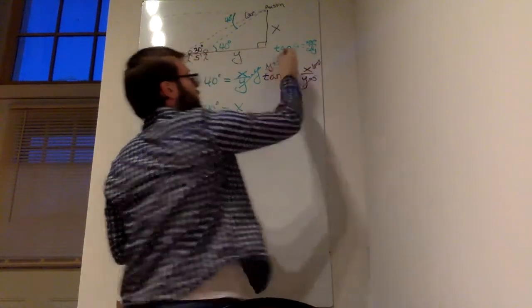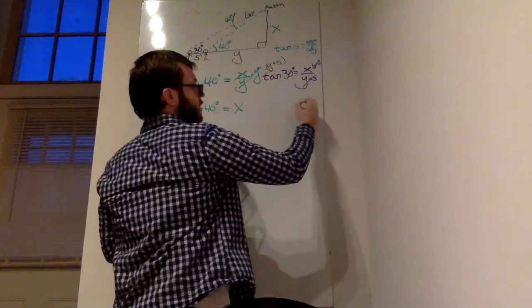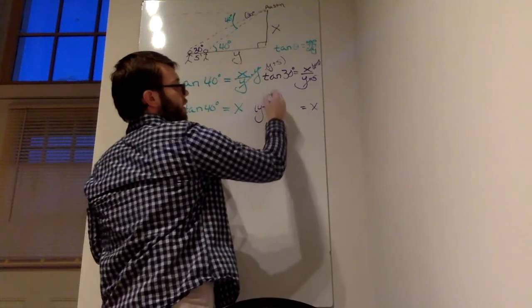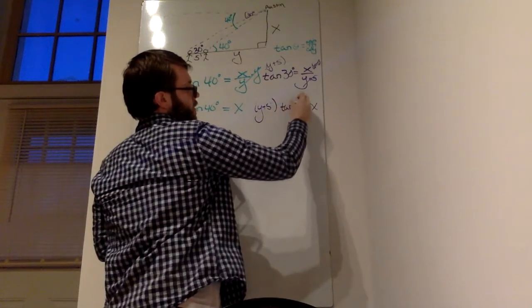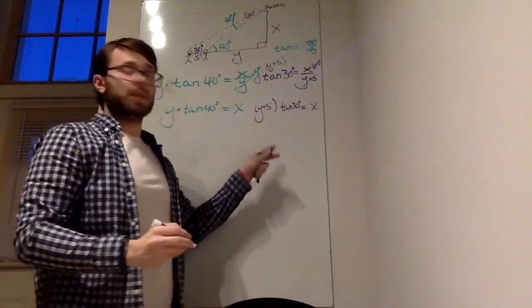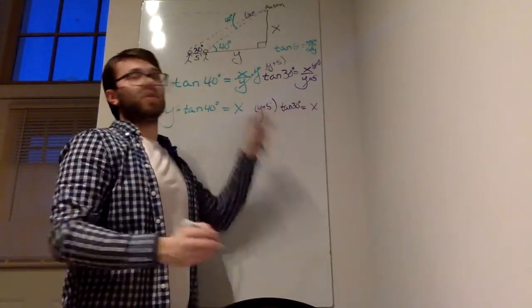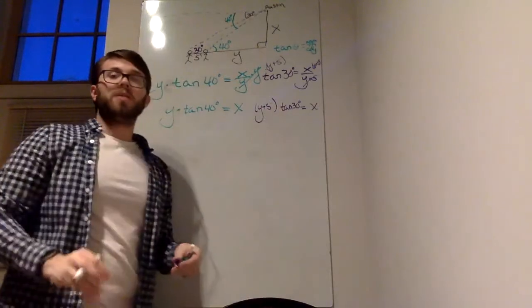Cancel. Okay. So now, again, we have x just left on this side. We have y plus 5 times tangent of 30 degrees. Again, tangent of 30 degrees is a number. We're multiplying a number times y plus 5. That's what x is equal to. So